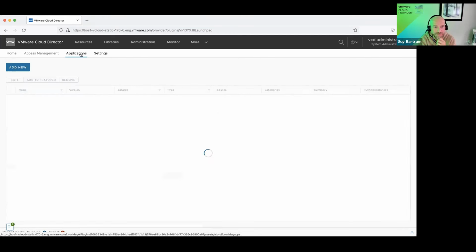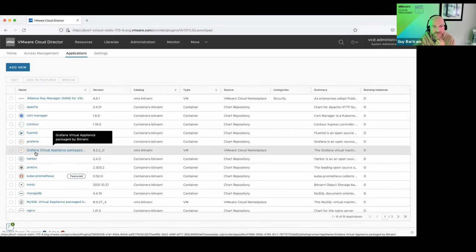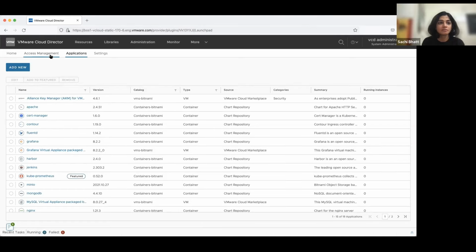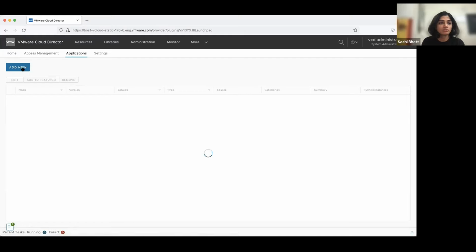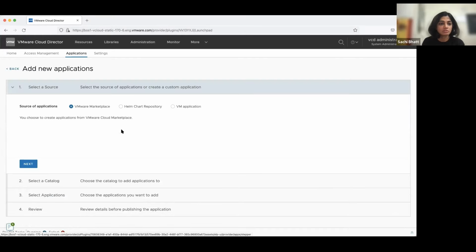The experience is very seamless for a provider admin, where they can still publish or unpublish catalogs, or add new applications, things like that. These all remain the same.